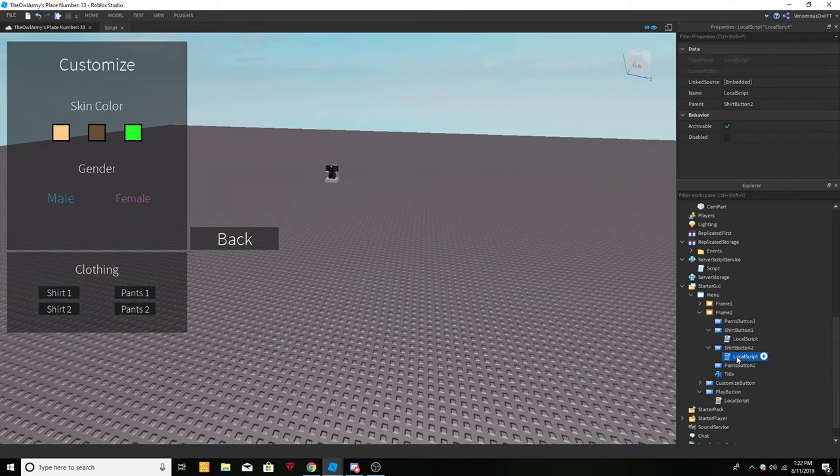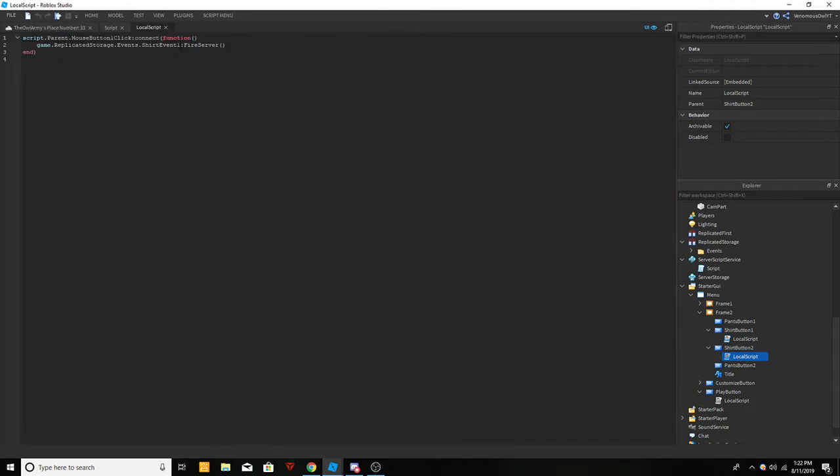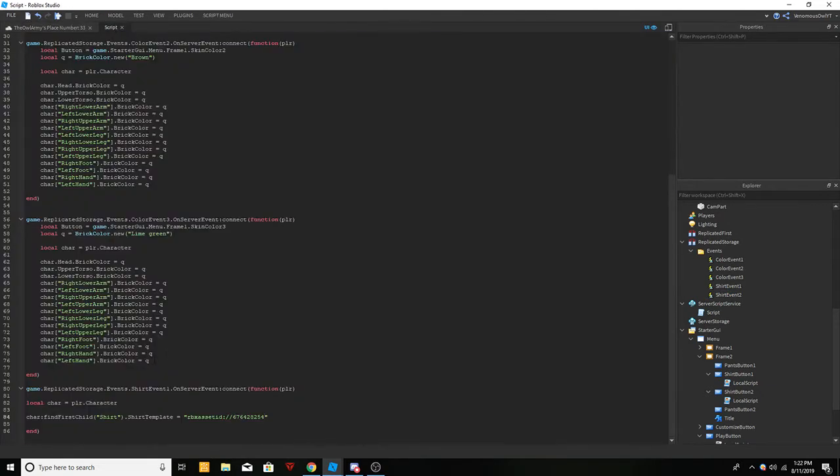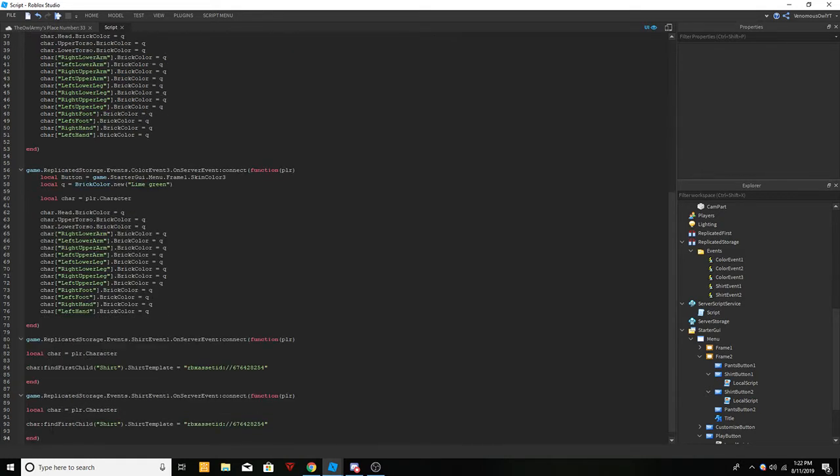So now we can go into shirt button 2 with that local script and copy the same code you just did for shirt button 1. And instead of doing shirt event 1, we're going to do shirt event 2, go on back in our events and make a new event called shirt event 2. Very simple. Now we go into our main script, we copy these lines of code we just made, go down 2 lines, paste it. Instead of shirt event 1, we do shirt event 2,